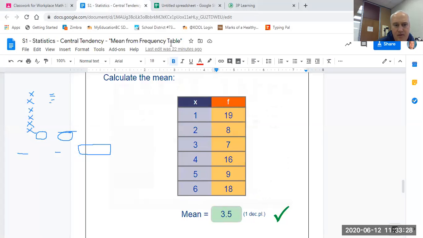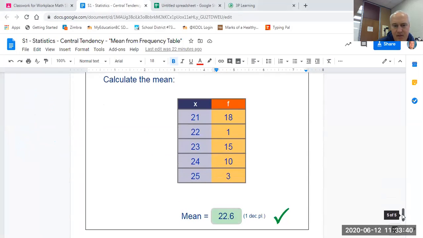So I'm just going to erase this off here. And we'll look at the last one, which we'll use a calculator for, because you'll probably be using a calculator to solve most of these. So let's take a look at one last example. This one is asking us to calculate the mean of these 5 different numbers and how many times each occurs. So once again, what we need to do is firstly